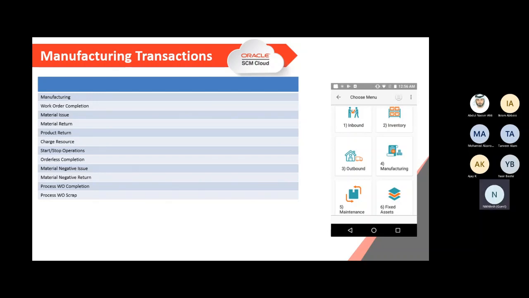Then we've got orderless completion. This is honestly very rarely used. It's basically producing a finished good without a work order, which is an orderless completion where you don't have any work order, but you're just producing your finished goods. Material negative issue and process work order completion. This is for process manufacturing. I don't think this will be